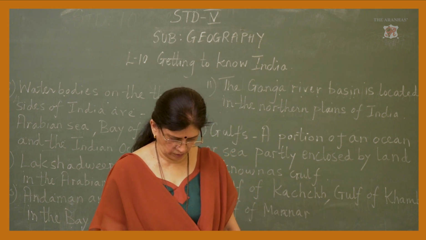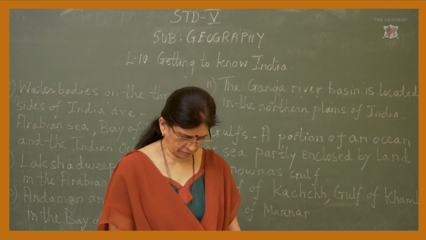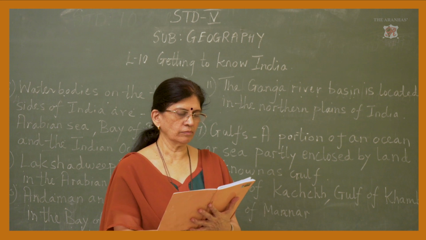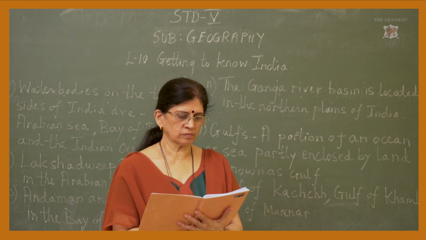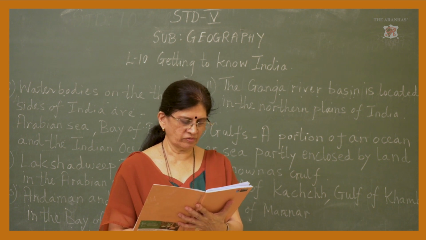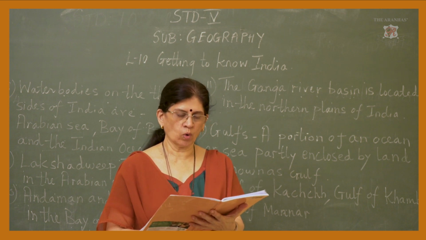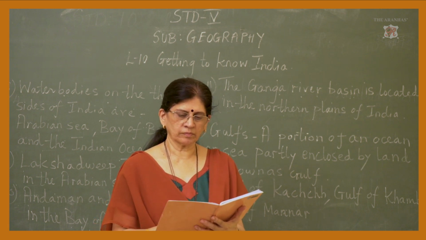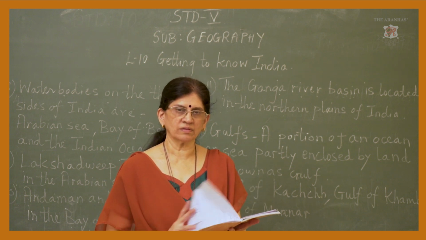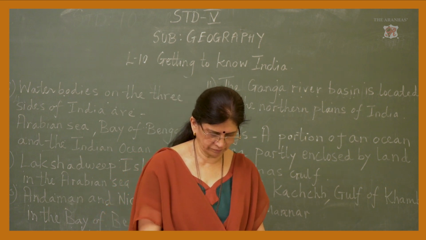After this we are going to the different states and the union territories. Now let me recap again. We have the mountains, hills, plateaus, then rivers, then lakes, gulfs, water bodies. Then islands are there. So these are the main things in the physical map which you can observe.